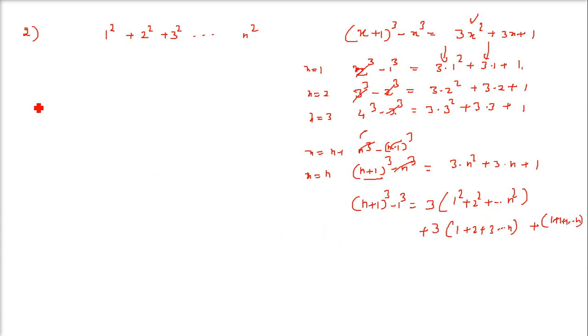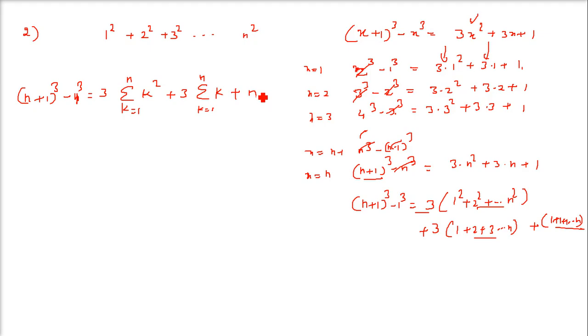So here what do you get? See, n plus 1 whole cube minus 1 equals 3 sigma. We write sigma because 1 to n, sigma k equals 1 to n, and what is this? K square. You can take any k here, k square. So this will summarize this series. And now coming to this one, plus 3 sigma k equals 1 to n, k. And this one, how much? N times. So you get an n here.